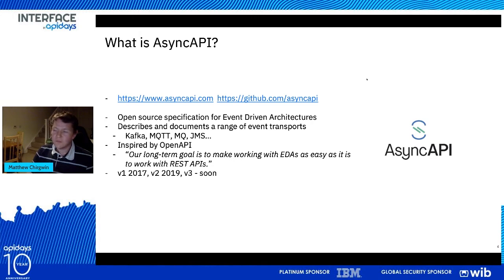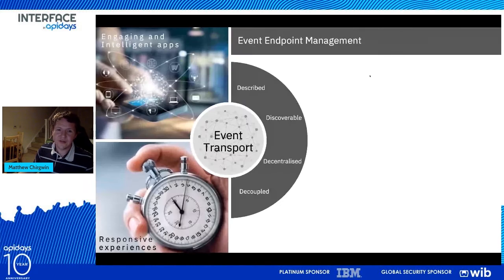And while that API definition solves some of the issues which I mentioned a moment ago, there still are a few extra steps which are required to solve all of the problems, such as a place to socialize this for API developers to discover these things, as well as managing access as and when required. Now, this is where event endpoint management comes in to solve those gaps.